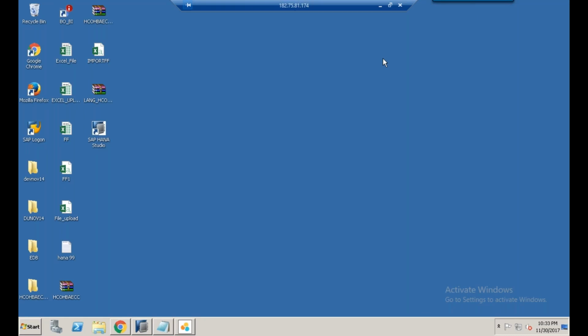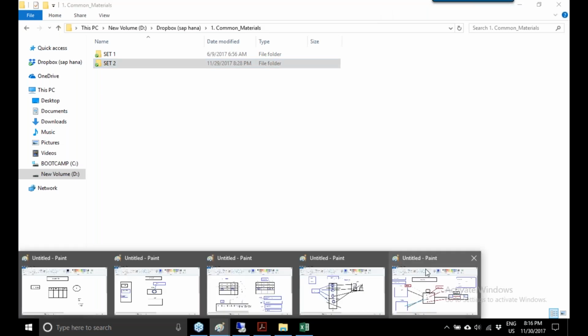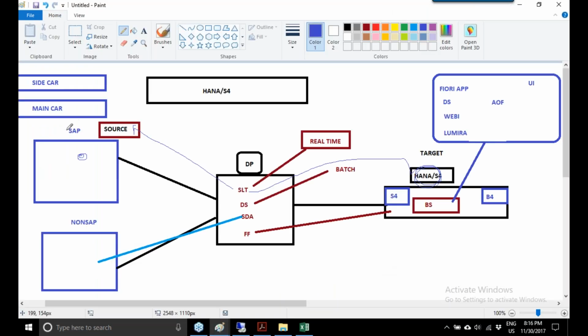So in tomorrow's session, we're going to discuss how we can do the data migration, how to perform the data migration using SAP Landscape Transformation. Now suppose you have an existing SAP system and you would like to migrate using SLT to the new platform.